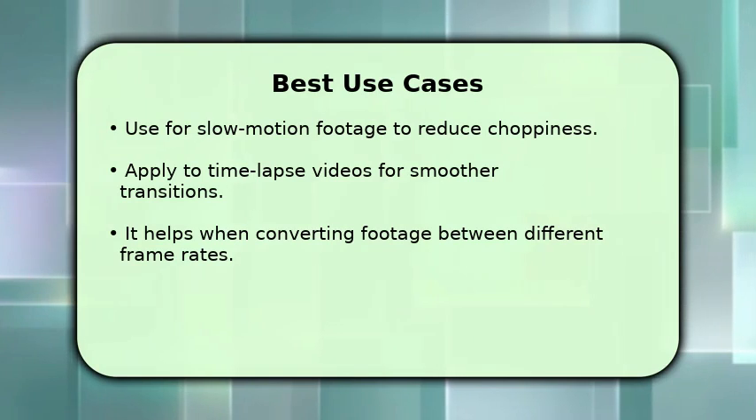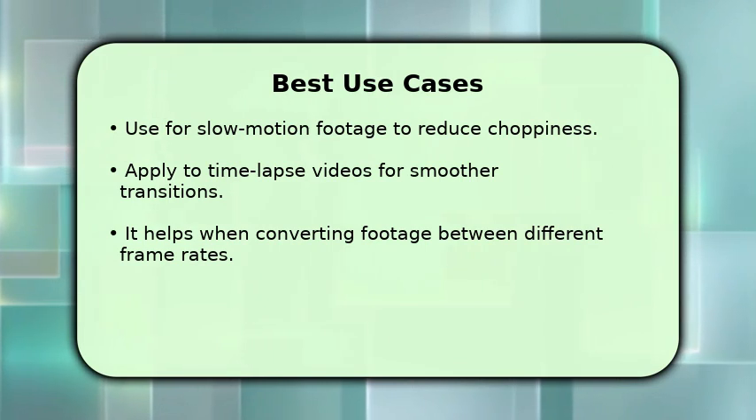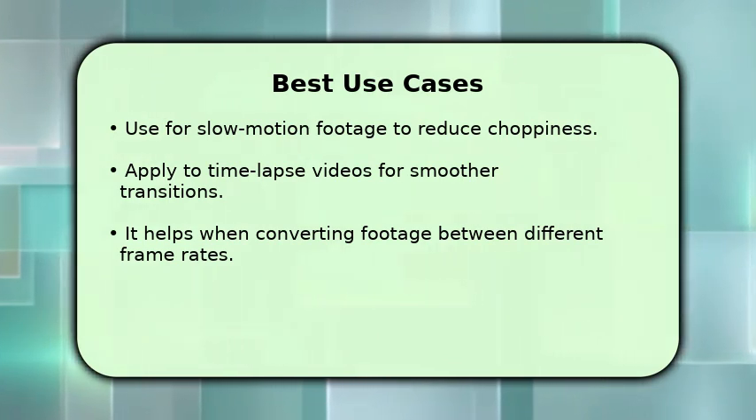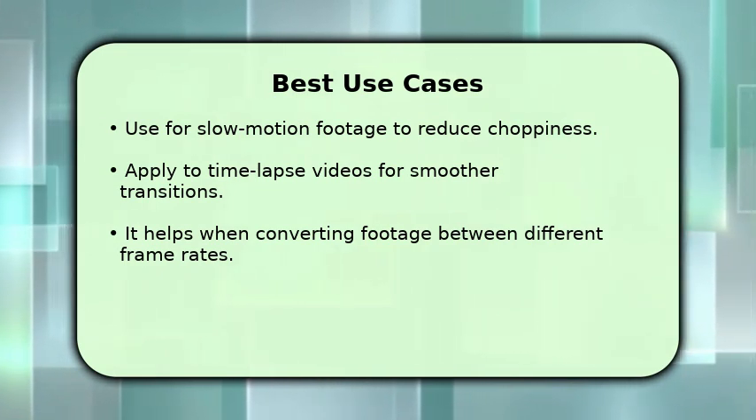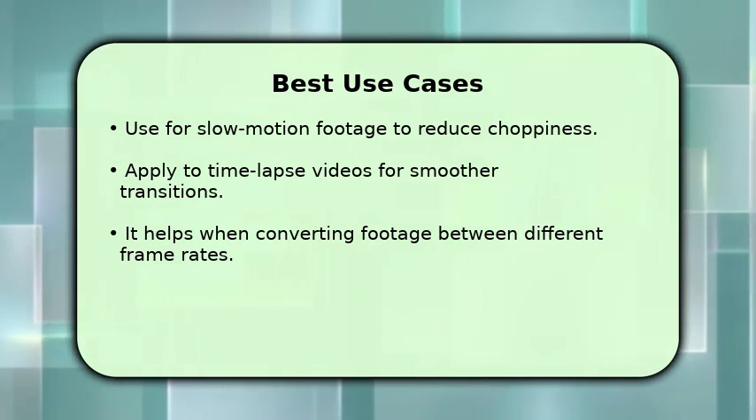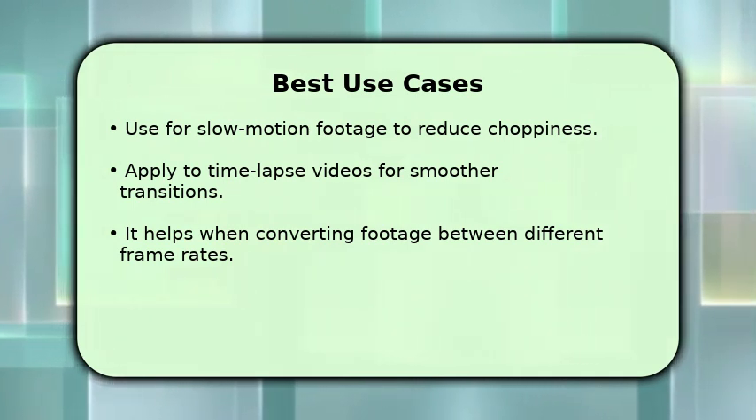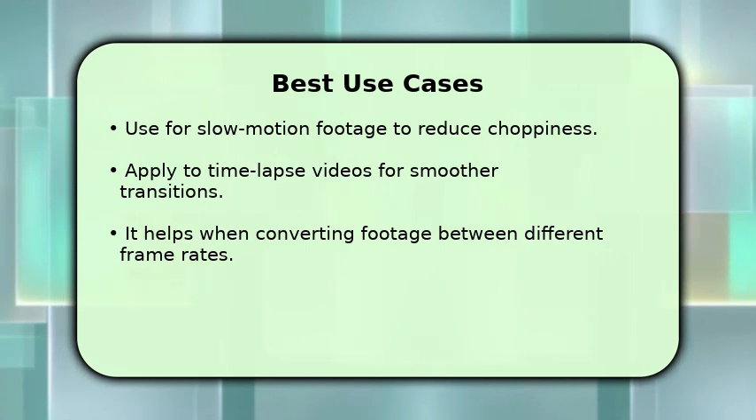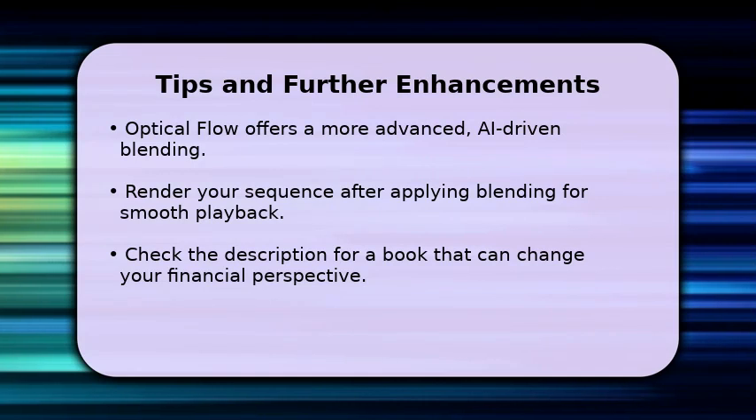Frame blending is particularly useful for specific scenarios. If you're slowing down footage, it helps eliminate the jerky, choppy look that can occur when frames are simply duplicated. Similarly, for time-lapse videos, it creates a more fluid progression between individual frames. It's also beneficial when you're mixing footage shot at, say, 24 frames per second with 60 frames per second, ensuring a consistent visual experience. While frame blending is excellent, consider optical flow for even smoother, more intelligent motion interpolation, especially